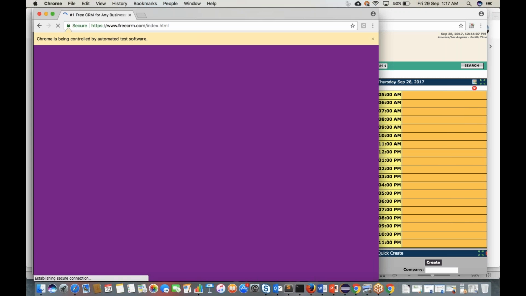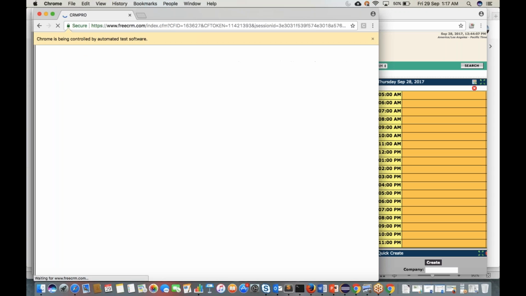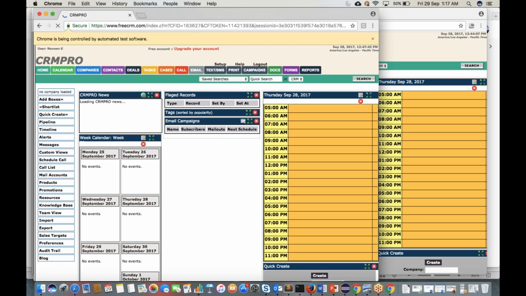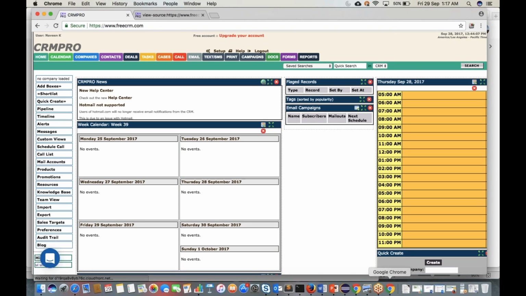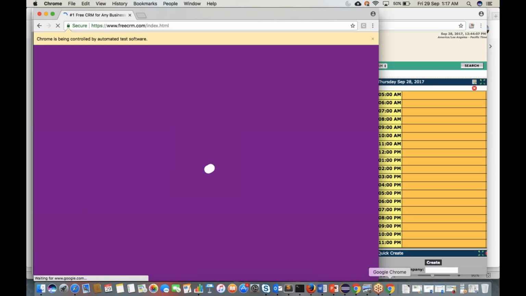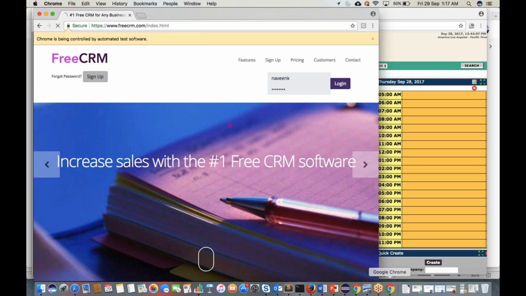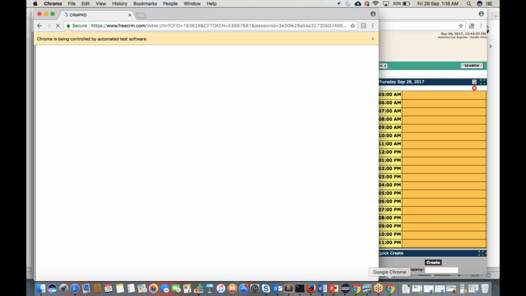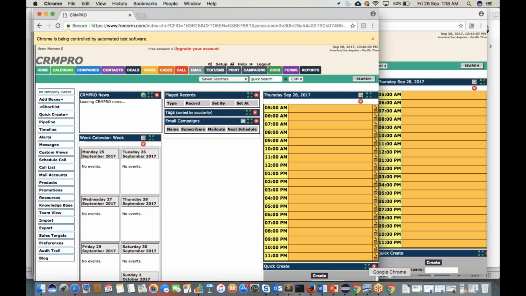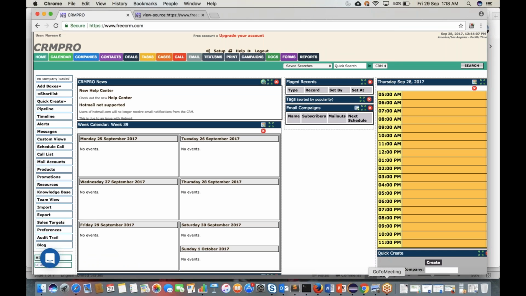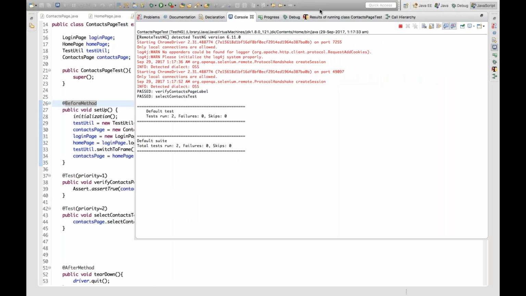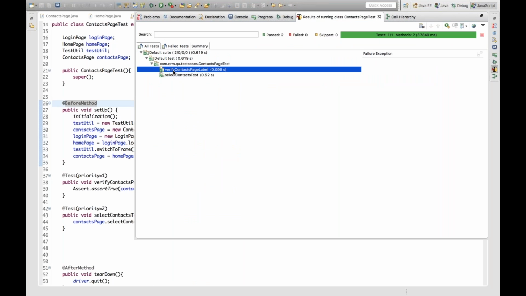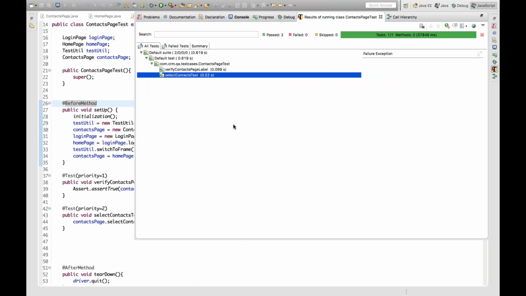So the first test case is running, entering into the application, and my first test case is, see, first it will click on contacts and check the contacts label. The first test case got passed. Now the second test case, click on checkbox. Entering into the home page, click on contacts and select the checkbox, and the test case is over. See, you didn't see the checkbox selection, it was so fast. So you will see that verify contacts page label is fine. Select contacts test is also fine,